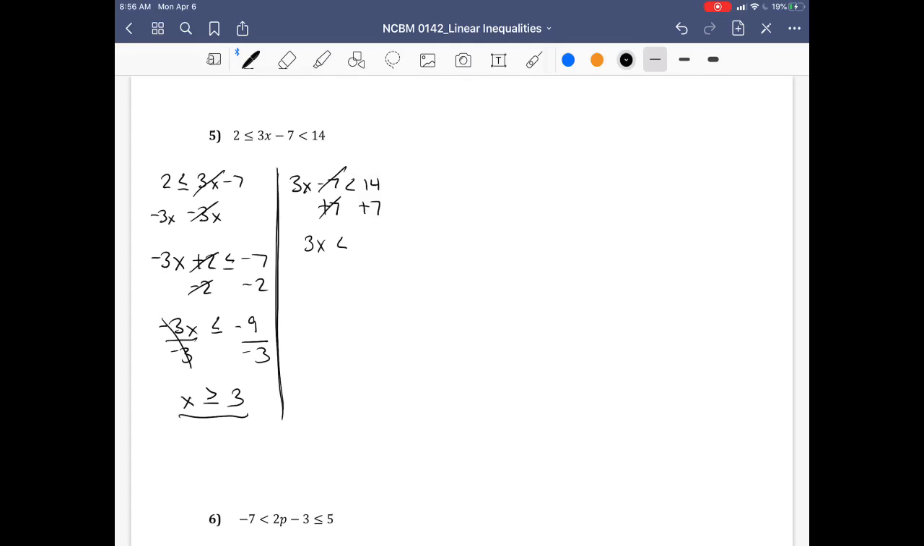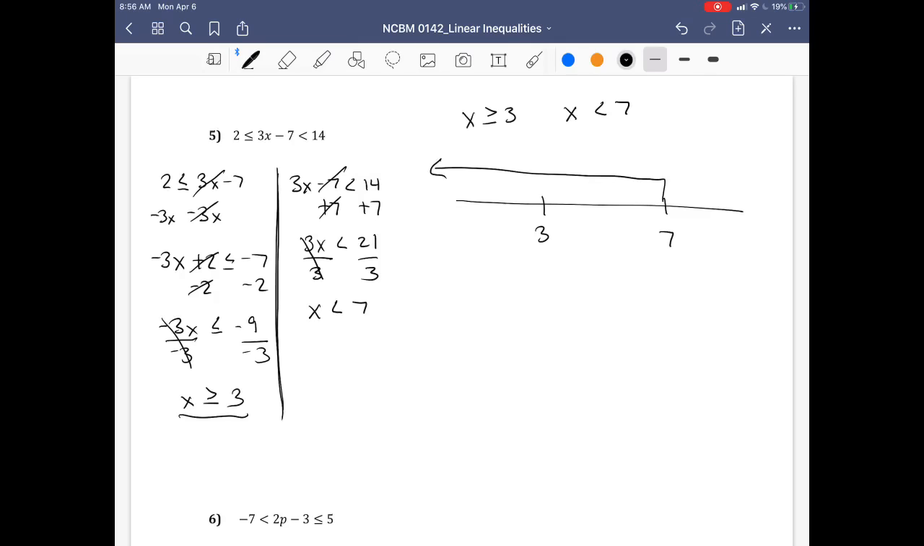3x is less than 21, so divide by 3 on both sides. So x is less than 7. So therefore I have that on this one, x is greater than or equal to 3, and I have that x is less than 7. If we do a number line, this is going to be our 3. This is going to be our 7. Our 7 is pointing towards negative infinity. So technically this is 2, 7. And this is pointing towards positive infinity. So this would be from,